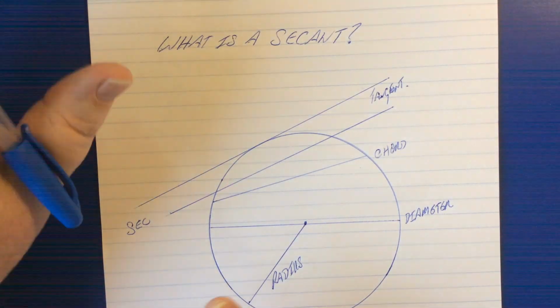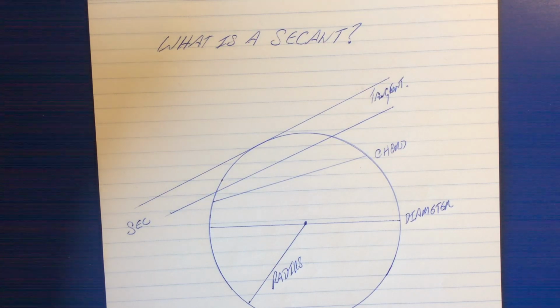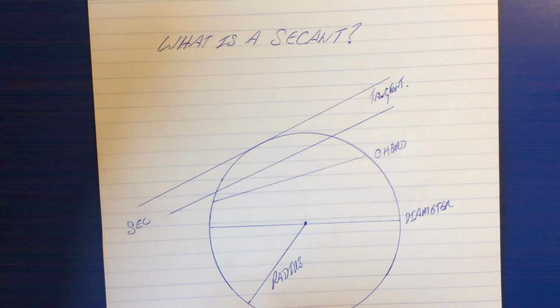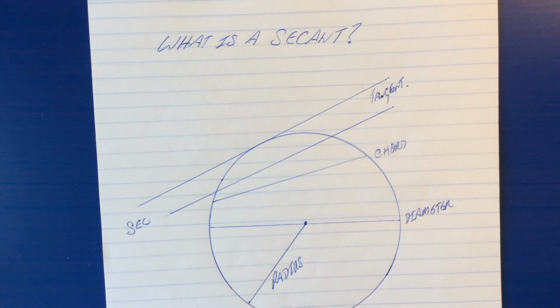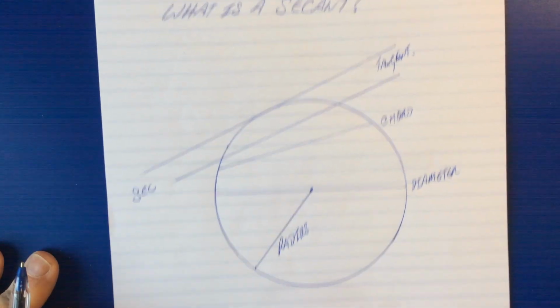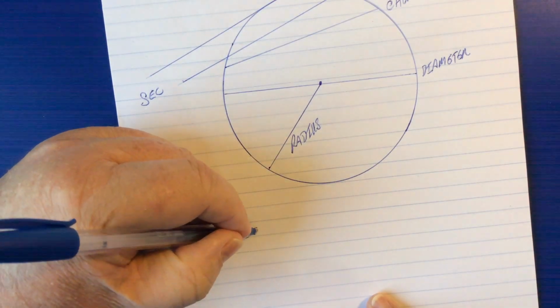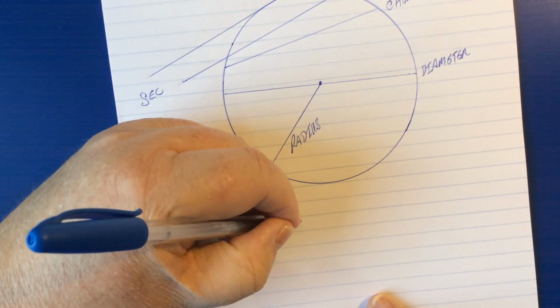Now, there are a couple of other things to discuss when it comes to secants. In fact, there are a few other things to discuss, but the only thing that we're going to look at for the rest of this video is what a secant is in terms of trigonometry. And I've got a little bit of space down here, so I'll write it out. A secant has a trig ratio, just like a tangent or a cosine or a sine. And that is as follows: